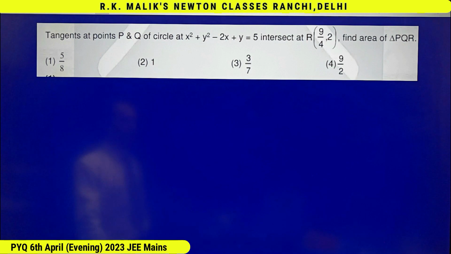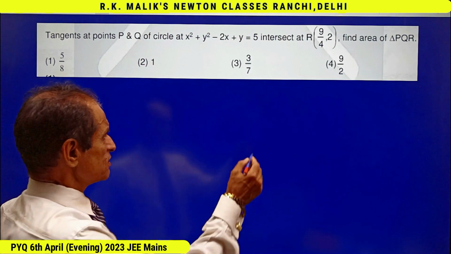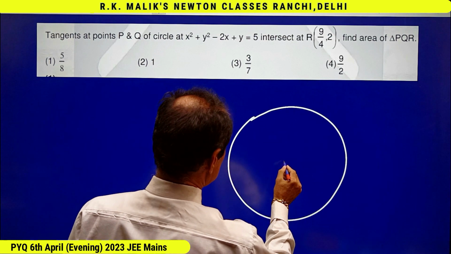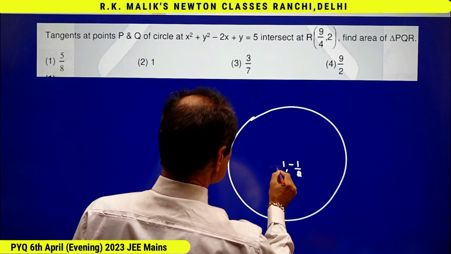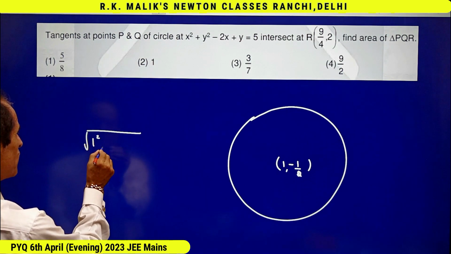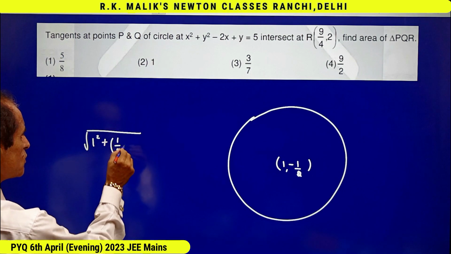Actually, the question can be done by a normal way, but that requires a lot of calculation. I'm going to do this question by a very special way, and the concept which I am going to use is a very good concept for saving time. According to the question, the given circle has center (1, −1/2) and radius as under root 1² + (1/2)²